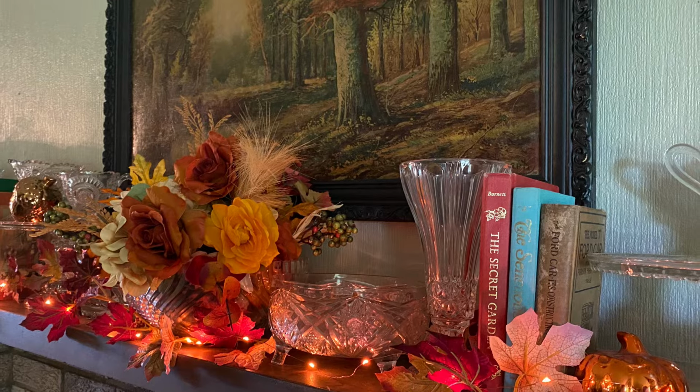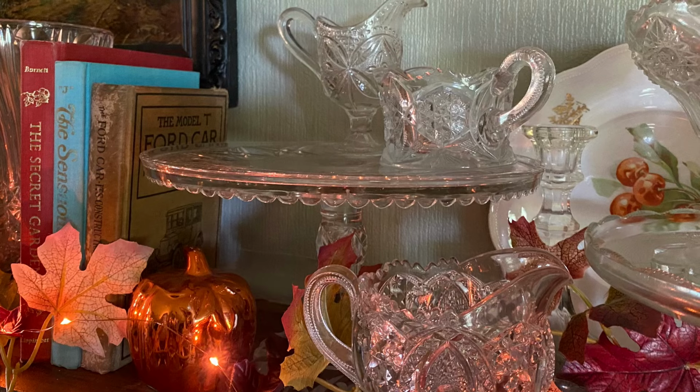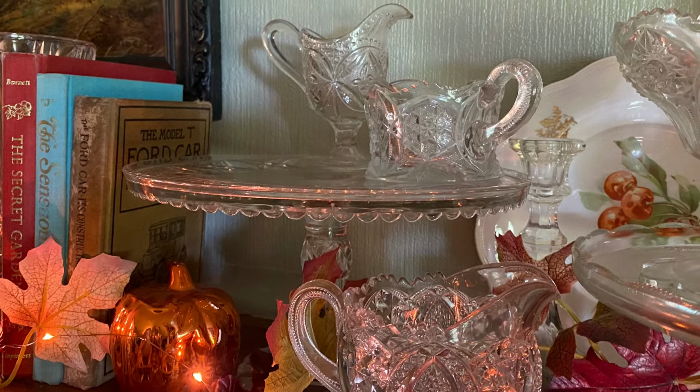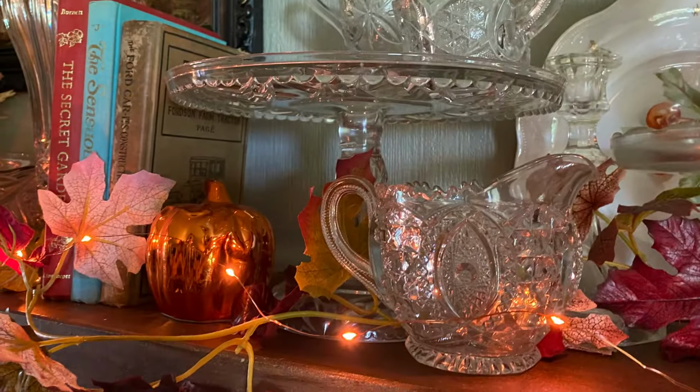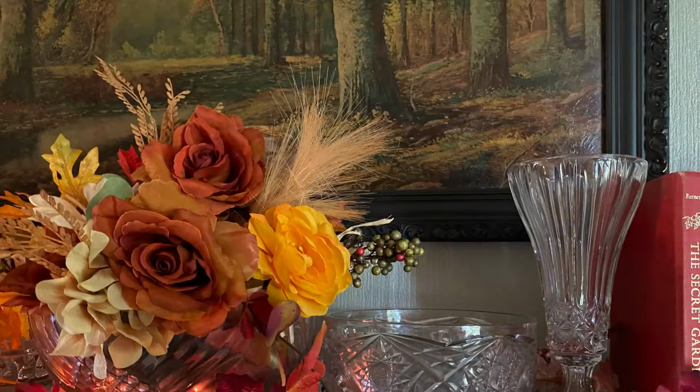And then this is my mantle. I have too much stuff, guys. You know that. I like my crystal. I like my cake stands. I like my books. I ran a strand of lights across there, 2 strands of those Dollar Tree lights, and